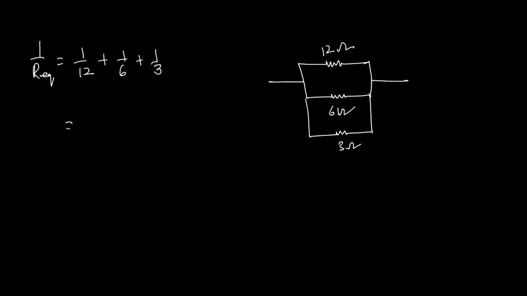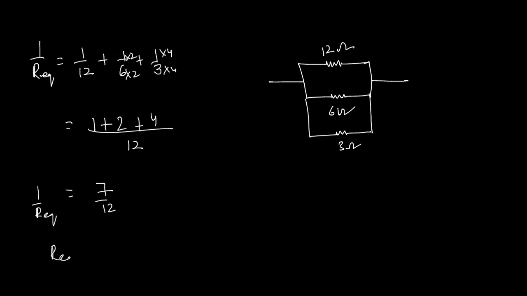Then you have to bring the LCM 12. So 1 plus 2 plus 4, so this will become 7 upon 12. Okay. That is 1 upon R equivalent. So R equivalent would be equal to 12 upon 7. Got it? Again, you have to simply add it, and then you reciprocal this one, because you need to bring the R equivalent, so you reciprocal this one. Got it. Okay. And one important thing is that